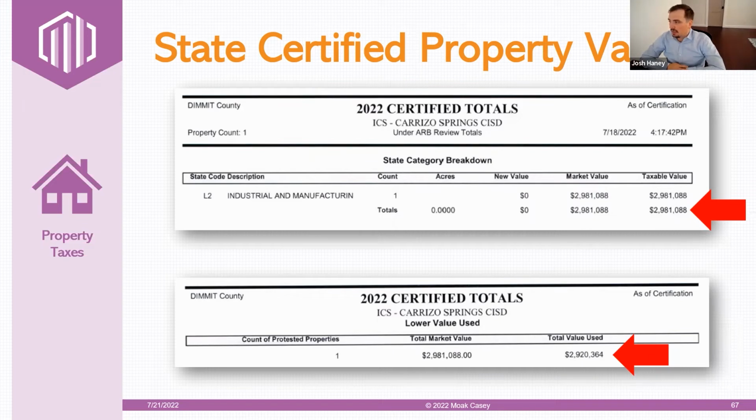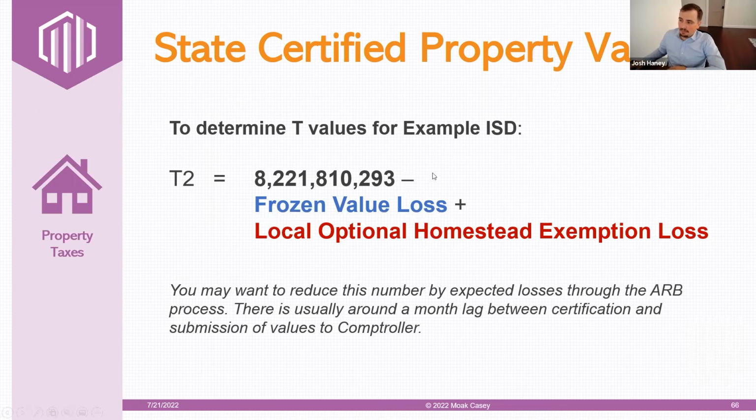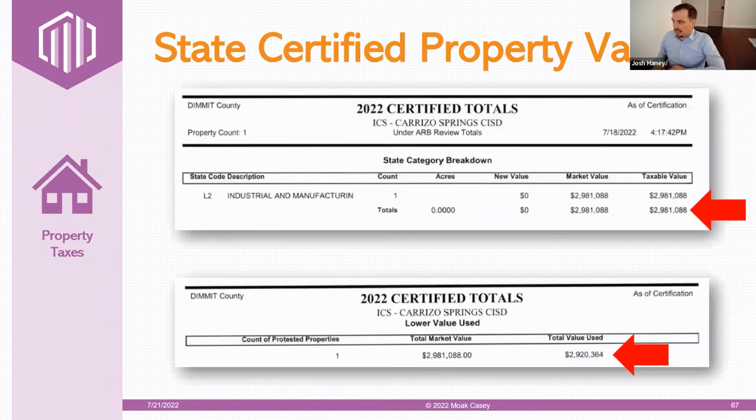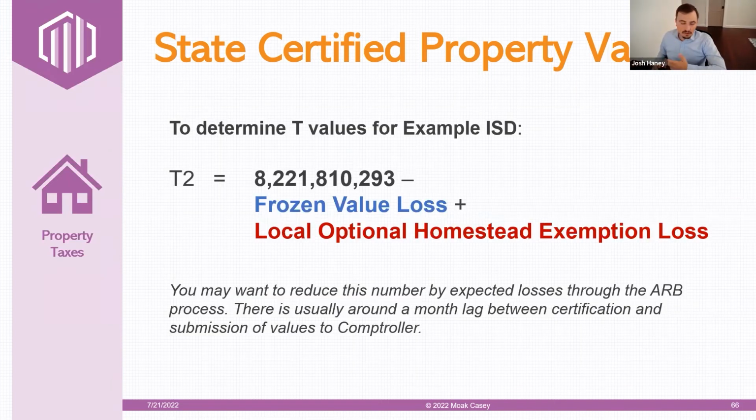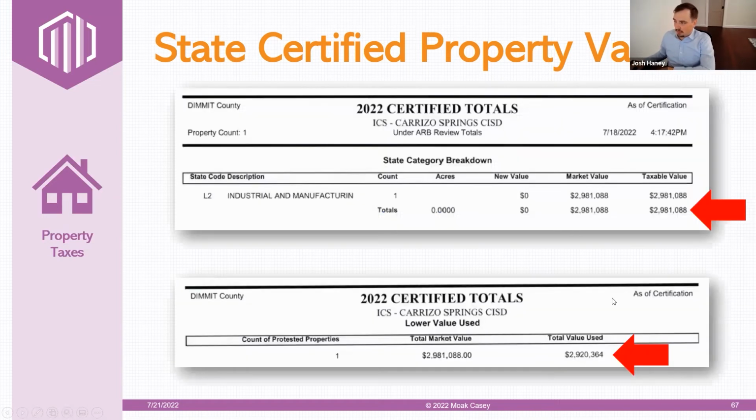Okay, and so if that difference is bigger, maybe go ahead and adjust this 8.2 number. You adjust that net taxable number by the difference. Okay, so in this example, it's a $60,000 difference. If I wanted to, I could reduce this number by $60,000. It's not going to make a big difference if your tax base is 8.2 billion,